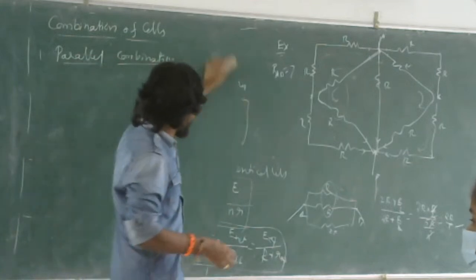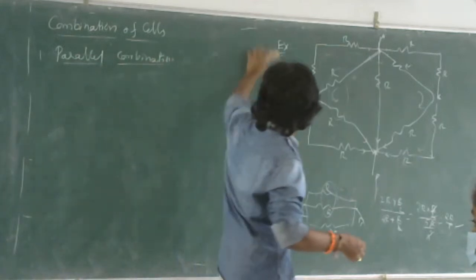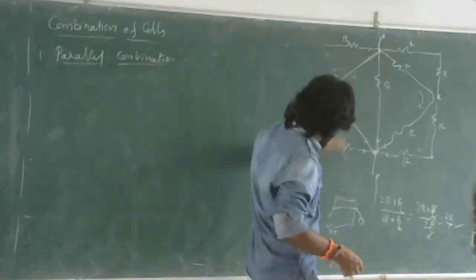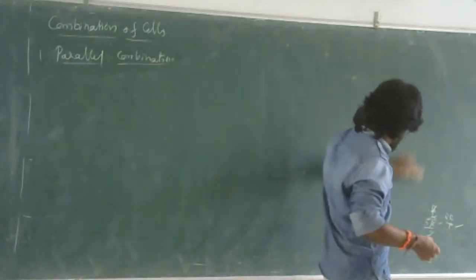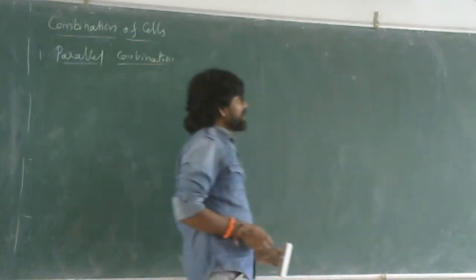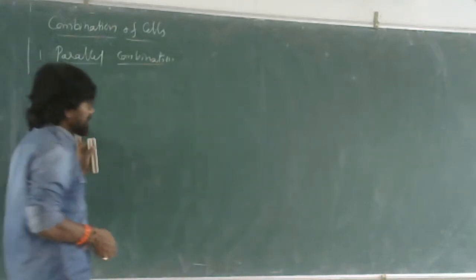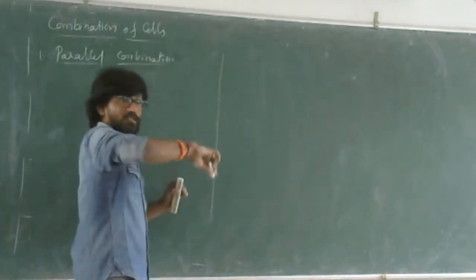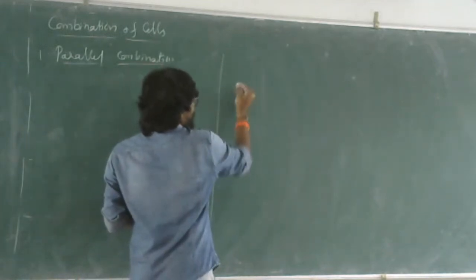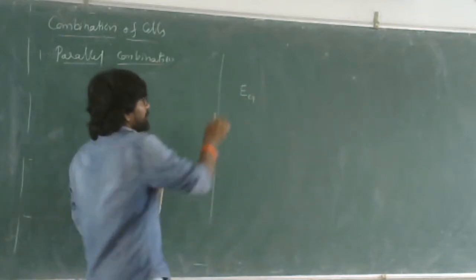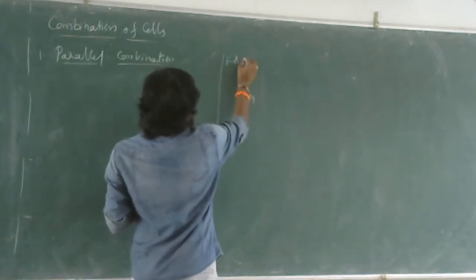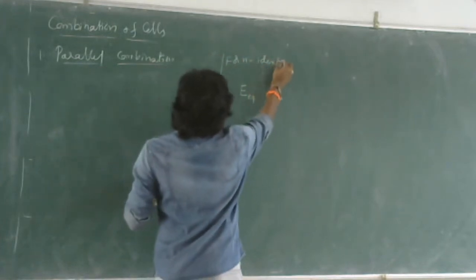Then in the same way, when cells are said to be connected in parallel, how do we find the effective EMF of a parallel combination of n different cells connected in parallel and n identical cells connected in parallel? One point before discussing parallel cells, one more point about series combination only. If you have n identical cells in series,